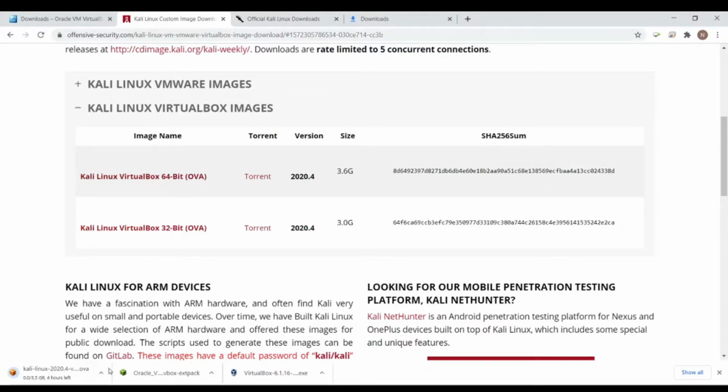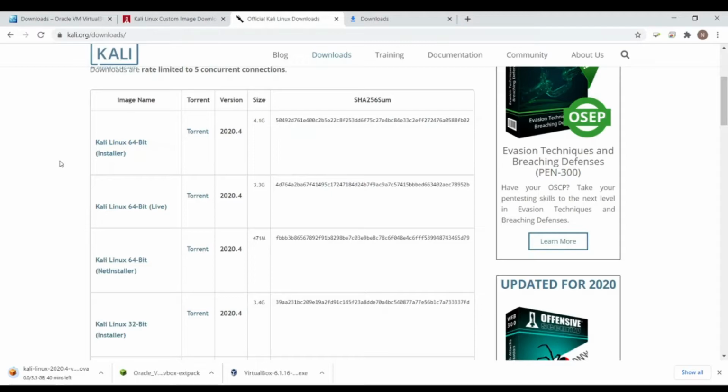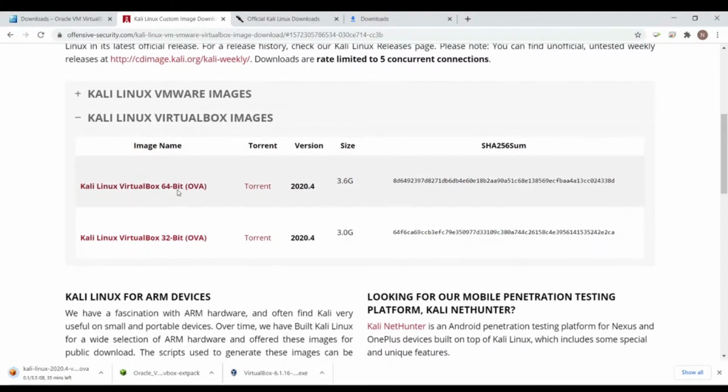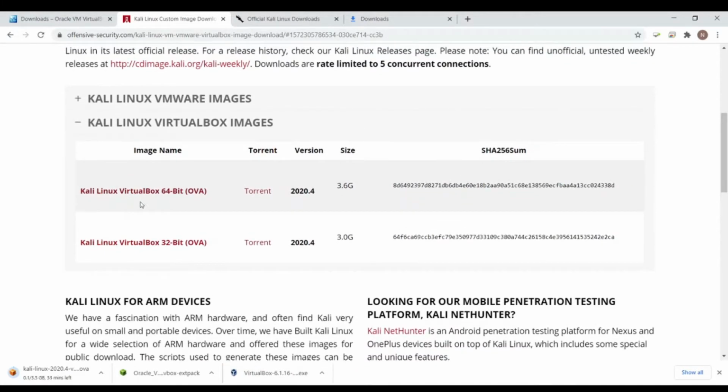So it starts the downloading. You can directly download the Kali Linux ISO file from kali.org/downloads, but if you download that file, you have to do a lot of manual configuration like drivers and partitions. So I recommend downloading the Kali Linux OVA file by Offensive Security. The link is in the description.